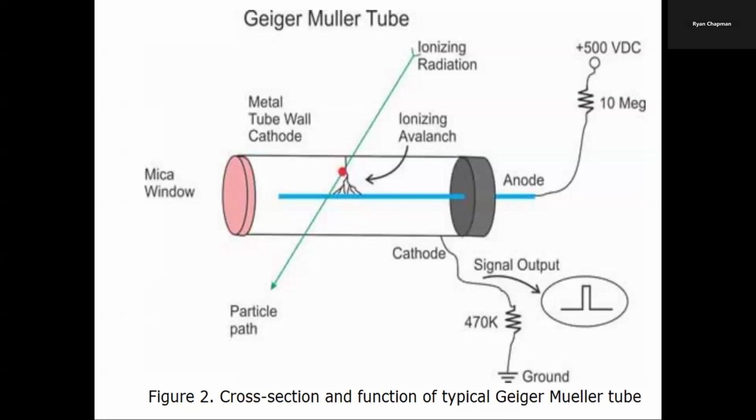The time between detections is called the dead time of the detector. Our detector dead time is about 90 microseconds. To reduce the dead time, the tube uses a quench gas. In our case, that's what the halogen is used for. This stops the avalanche effect and returns the detector to its original neutral state, so it's ready to detect the